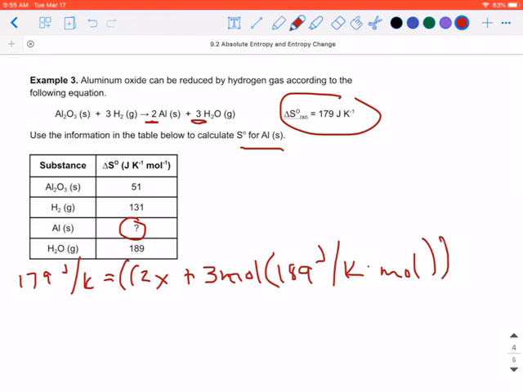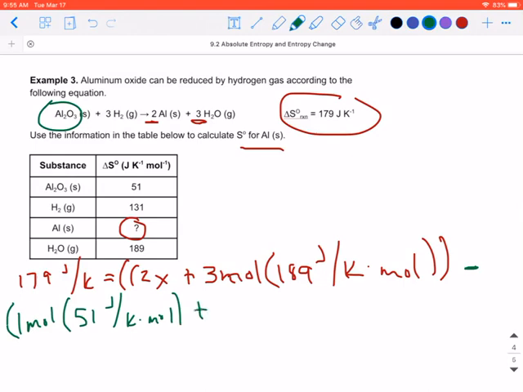Okay, and then I can subtract now my reactants, so minus. All right, so I have only 1 mole of aluminum oxide. So I'm going to say minus, I don't have to do times 1 mole. I mean, if you really want to, you can, to help us understand what units are canceling out. So 1 mole times 51, and here's our units for that,